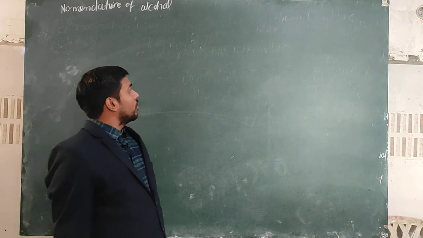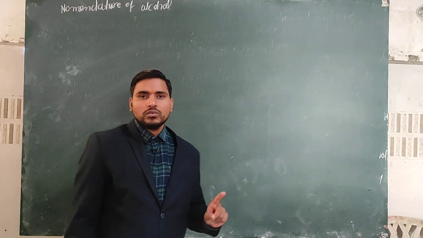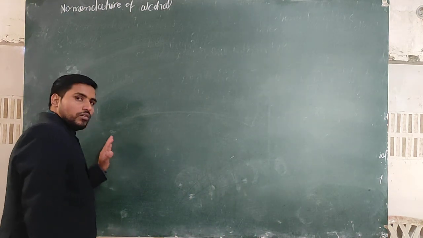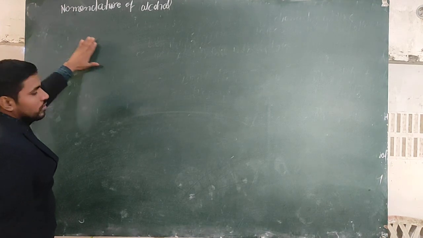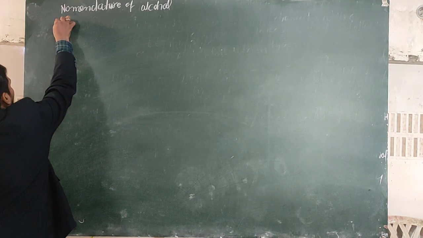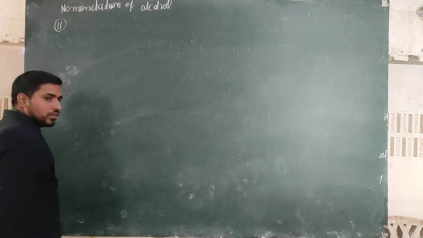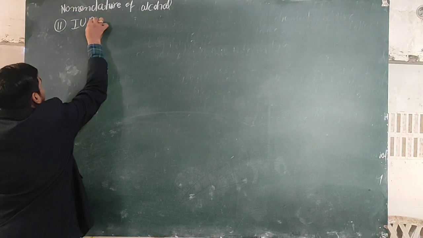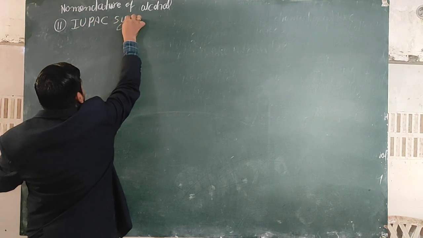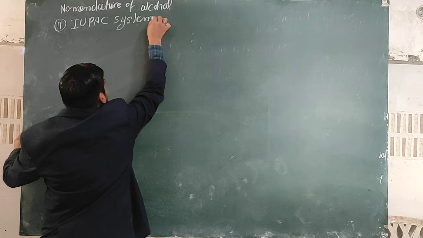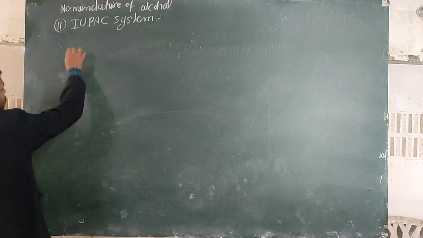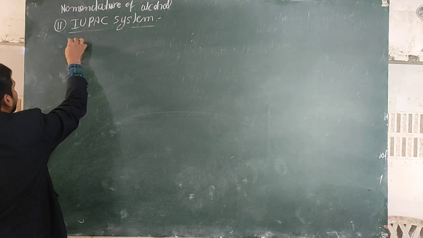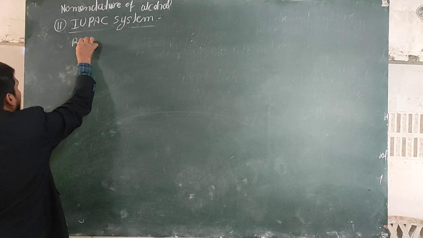Hello student, after the common system of nomenclature of alcohol, we discuss the IUPAC system of nomenclature of alcohol. It is the second part of the nomenclature of alcohol. In the IUPAC system of nomenclature, firstly we write the name of a root